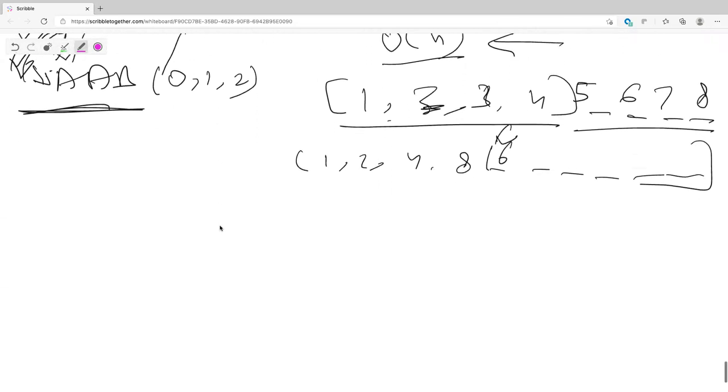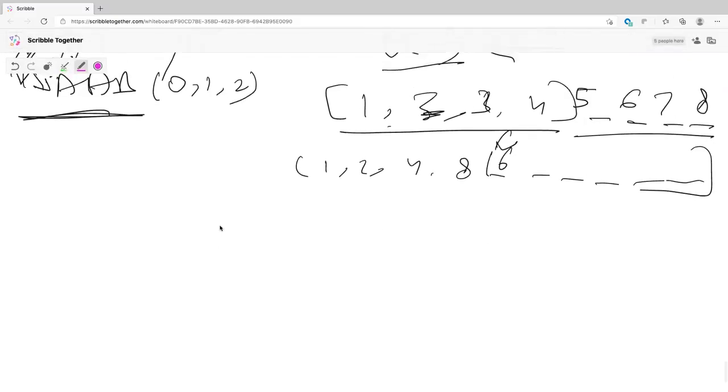Now see, if you have to append at the front, what will you have to do? You'll have to move 16 here, 8 here, 4 here, 3, and you'll have to create a space here, right? So that's so often. So never ever prepend to the beginning and pop out from the beginning. Never do that. Okay, Nick?